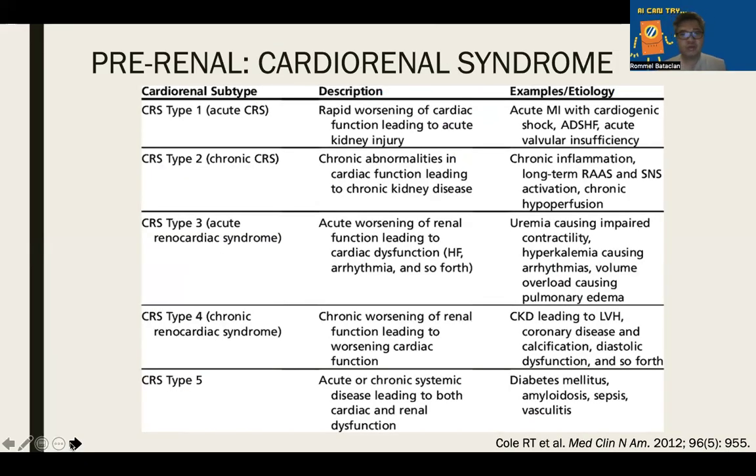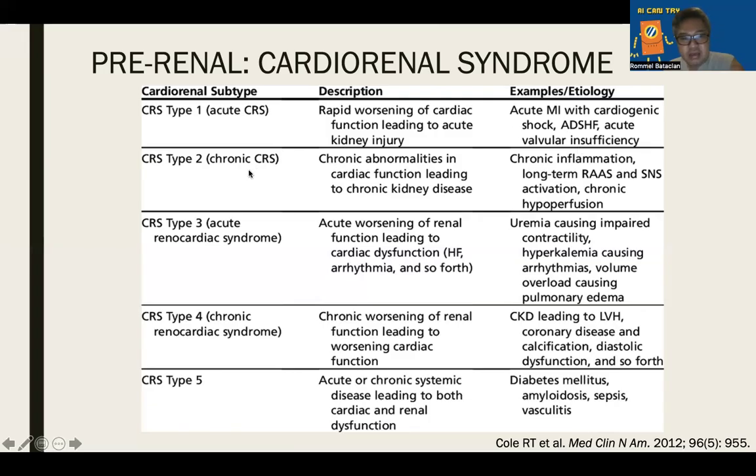Cardiorenal syndrome is also very important because any decrease or any affectation in the cardiac activity lowers down the cardiac output, which leads to decreased effective arterial blood volume in the kidneys. So there are five types of cardiorenal syndrome. The type 1 would be an acute or rapid worsening of the cardiac function that led to the AKI. So in cases of acute myocardial infarction, cardiogenic shock, acute decompensated heart failure, or even acute valvular diseases can cause